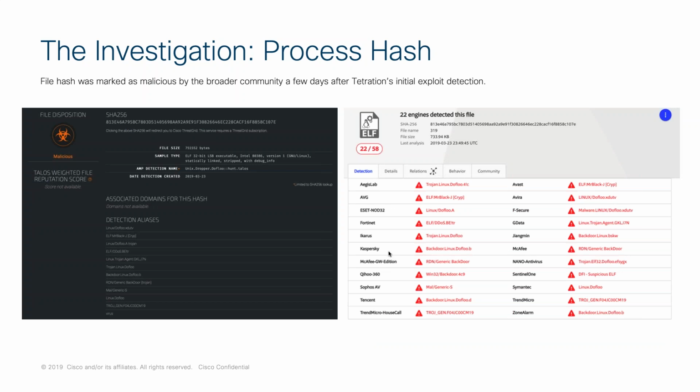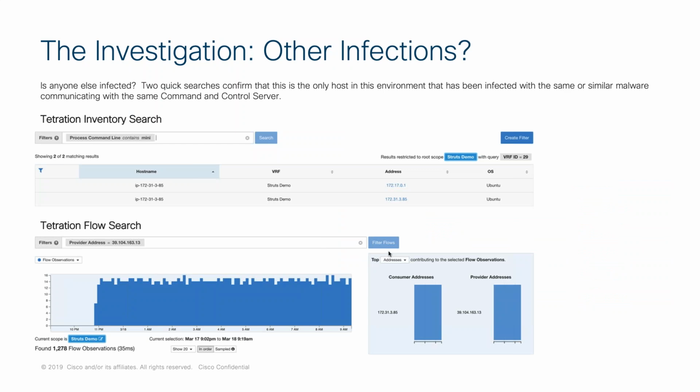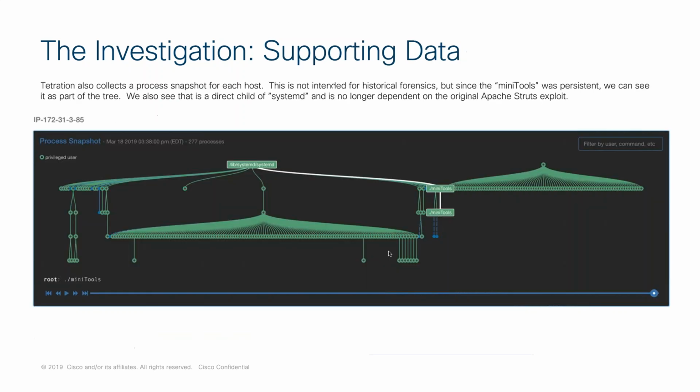If you want to write a policy, a multi-cloud firewall policy that quarantines known malicious workloads that have run known malicious hashes on it, we can do that from a single control point. Again, other infections. I know the binary, I know the hash, I know the execution path, I know a lot of different things that I can then search through my global cloud workload inventory to understand whether we have additional infections in place. So combining a lot of different data points in a single cloud agnostic component gives us a lot of power in these forensics exercises without really having to pivot between a lot of different user